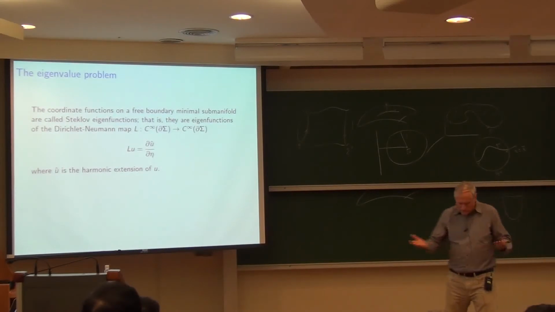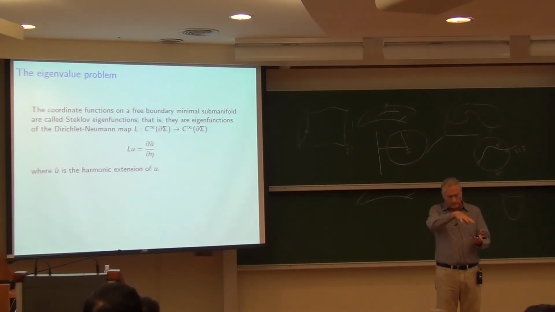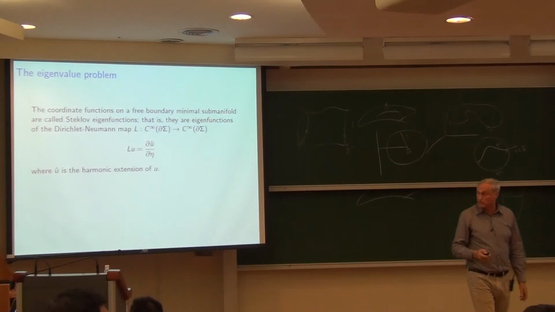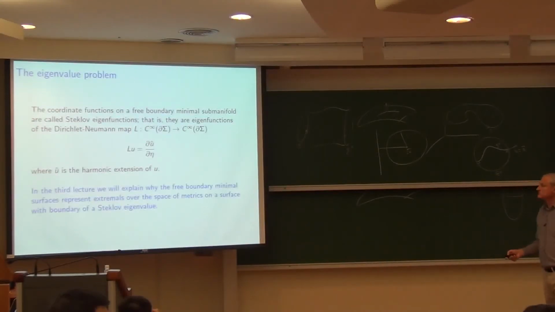So actually, if you do this in the upper half space, so you take the manifold from the upper half space, it's the square root of the Laplacian. So it's a square root of the Laplacian. It's a global operator. It's a pseudo-differential operator. You look at the pseudo-differential operator, and you can see that the eigenfunctions for a free boundary surface are Steklov eigenfunctions